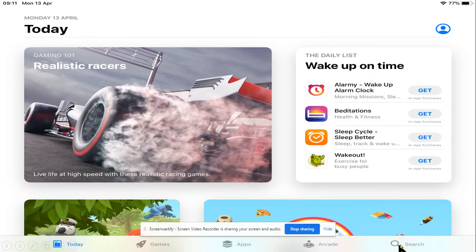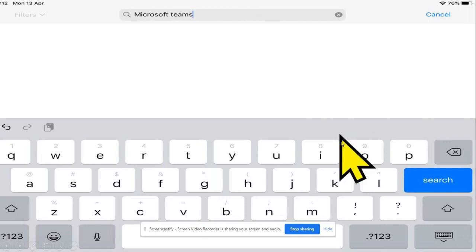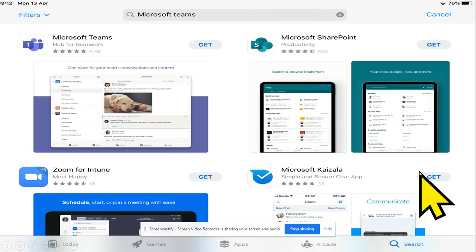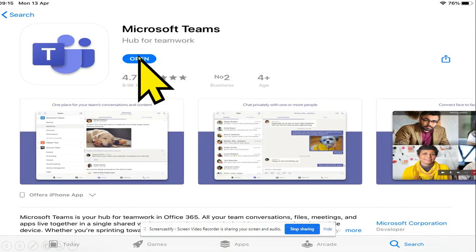Move down to the magnifying glass and tap on Search. Tap in the search bar and type Microsoft Teams. Once you have typed Microsoft Teams, tap on Search, tap on Microsoft Teams, and tap on Get. Once it's finished downloading, tap Open,